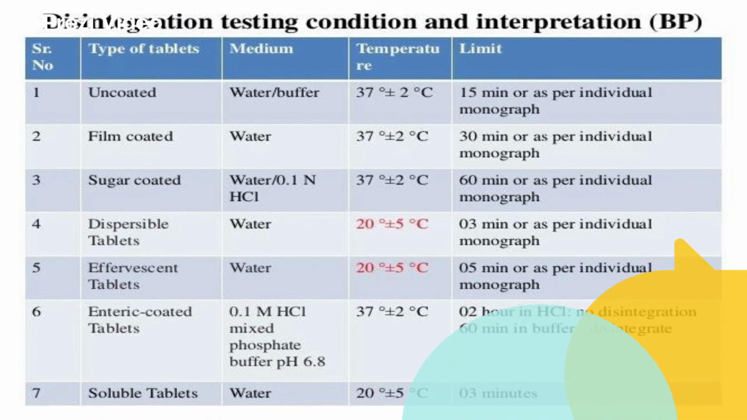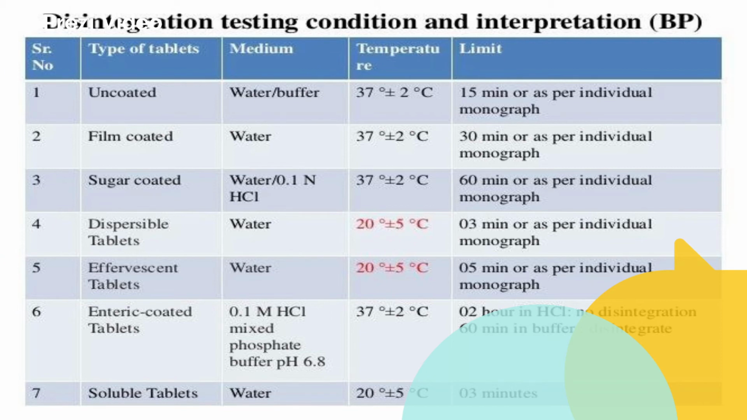Next, we move on to the British Pharmacopoeia. Again, for different sorts of tablet, the British Pharmacopoeia has specified different media, temperature conditions, and time limits. So these three, the medium, temperature, and limits, have to be memorized. For example, for uncoated tablets, the time limit permitted is 15 minutes, or as per individual monograph. The medium may be water or any buffer, maybe simulated gastric fluid or simulated intestinal fluid, depending on the medium mentioned